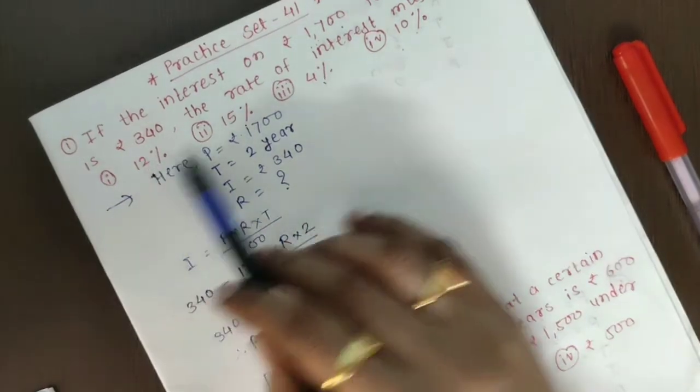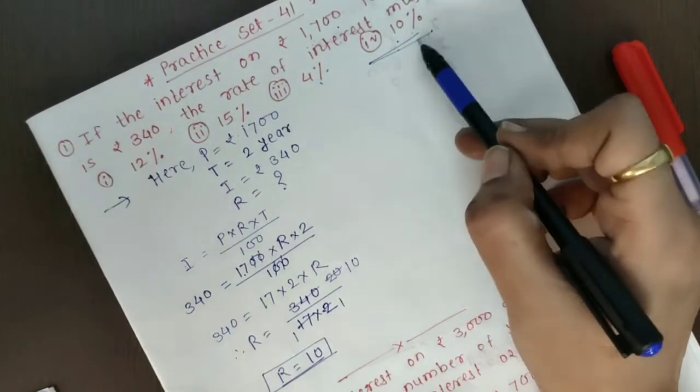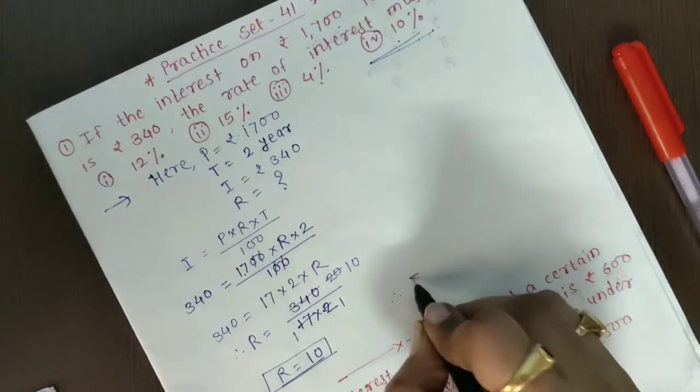See which option is here, this 4. Okay, so the correct alternative is 4. So here write down the correct